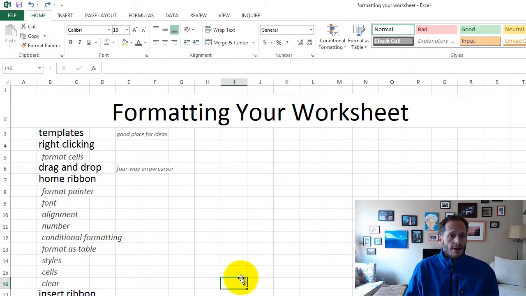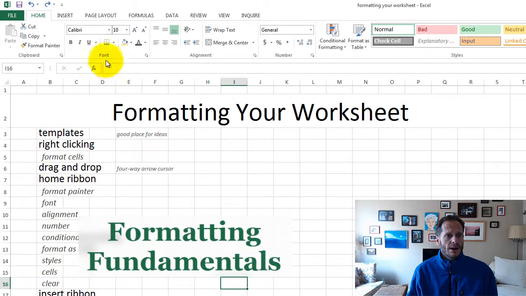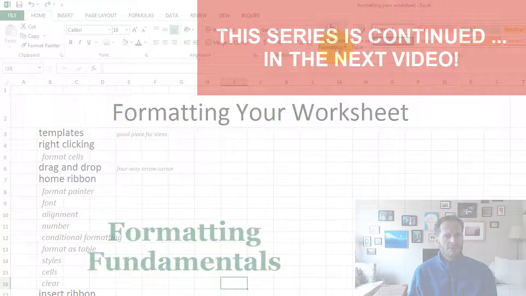So the first thing I want to talk about is just kind of like what's on the home ribbon here. You have your font, you have alignment, you have number formatting, you have conditional formatting, you have